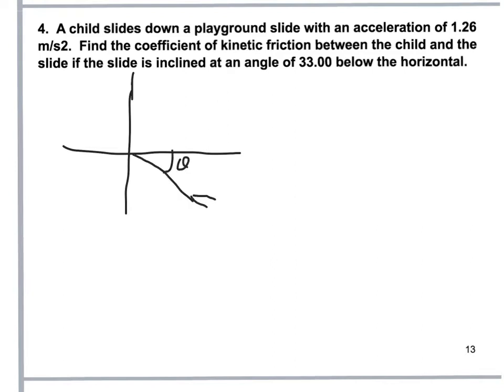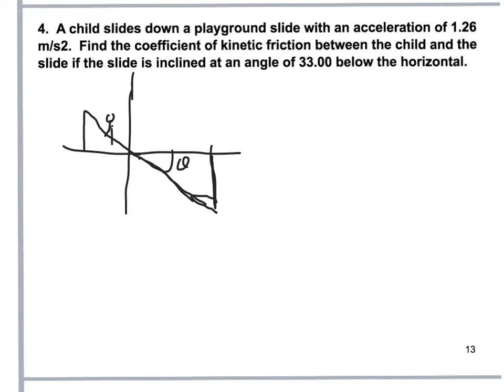But if we do that and then set up our slide, with a child sliding down a playground slide, this is the sliding part. So if we made the slide here and the child is sliding down,